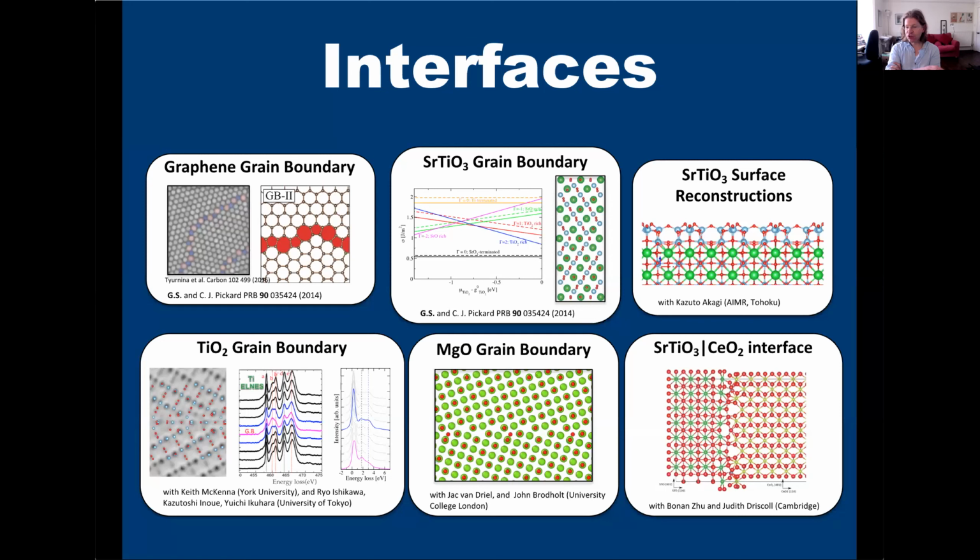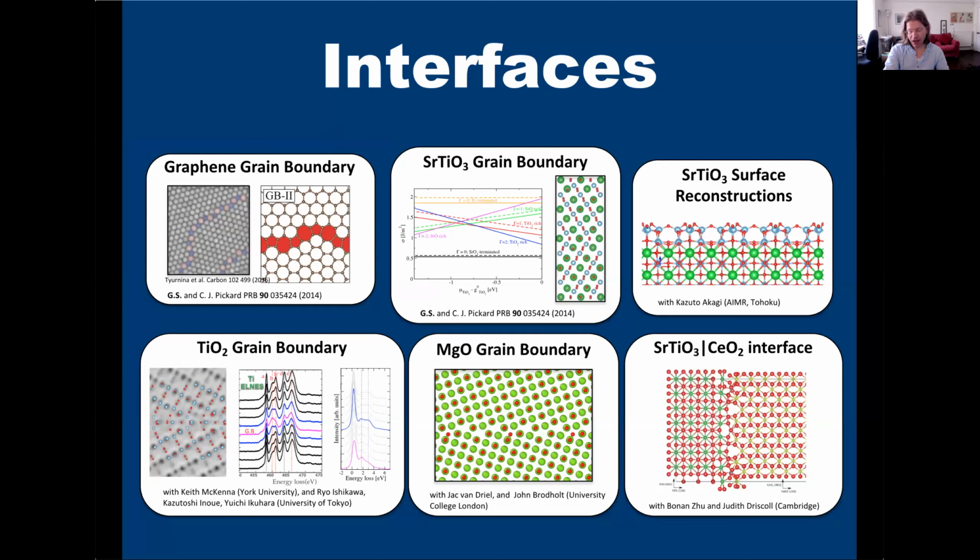And with Judith Driscoll and Bonan Zhu, who was a PhD student in Cambridge, but has now moved to work with David Scanlon on the same Faraday project, the FutureCat project that I'm working on, we were looking at this fiendishly difficult problem of strontium titanate interfaced with ceria. Now, these calculations are challenging. You have to use everything to help the calculation along in order to